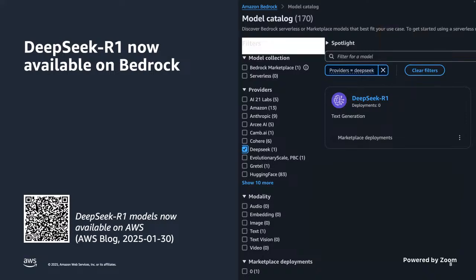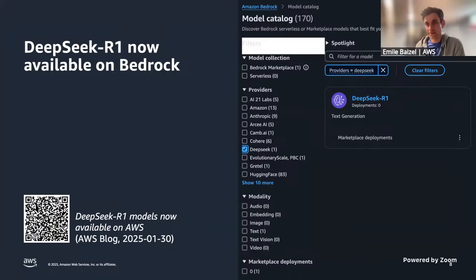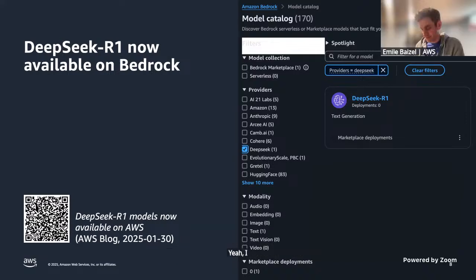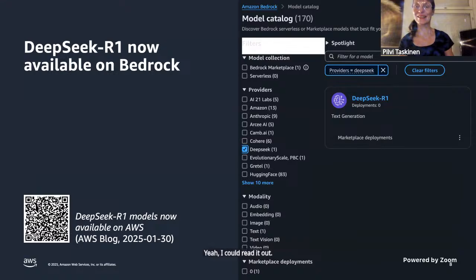And then there's one more question from Pilvi. Cool. Do you want to get on the mic? Or if you have the question, I could read it out. Sure. Oh, I'm here. Okay, sorry. So I wanted to ask,